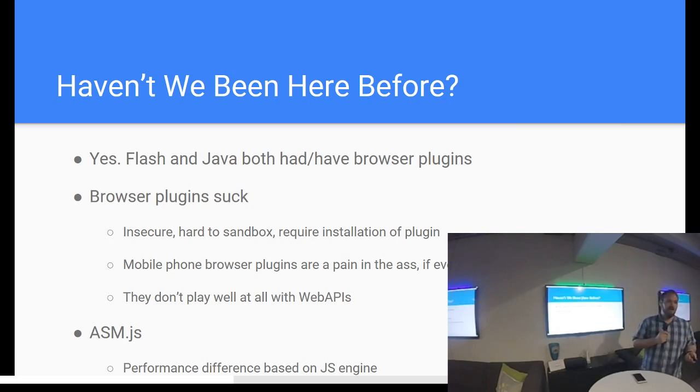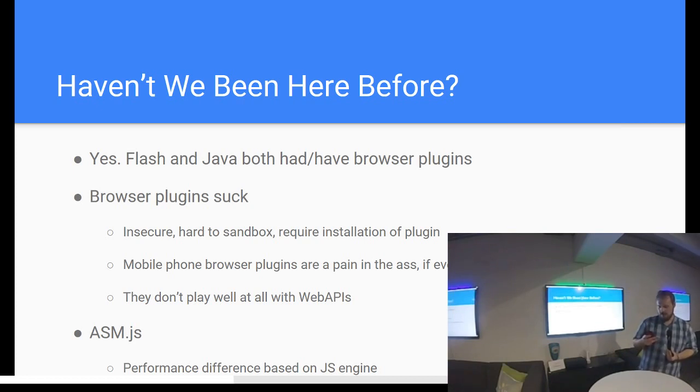ASM.js, it's pretty good. The performance is much better than just plain JavaScript, but it's still just JavaScript. So there are limitations in terms of when it's compiled, it's still compiled in the browser. So you're still running into issues of wasting CPU cycles on actually compiling that code in JIT, whereas WebAssembly solves that because you compile ahead of time. So I'll look at my bullet points just to make sure I'm not leaving anything out.